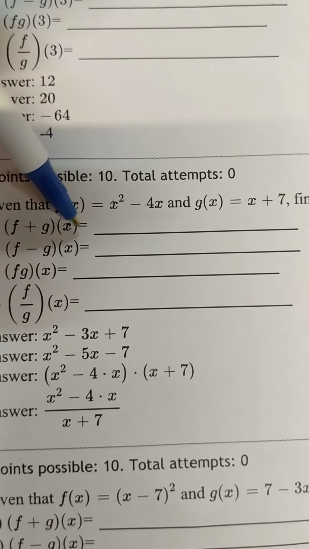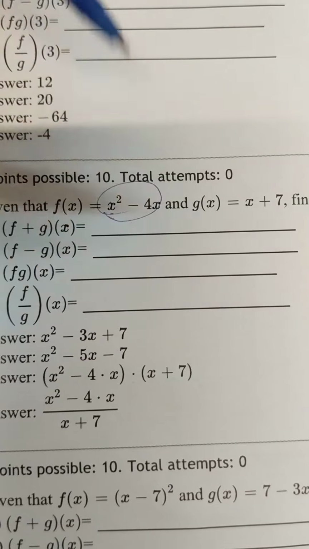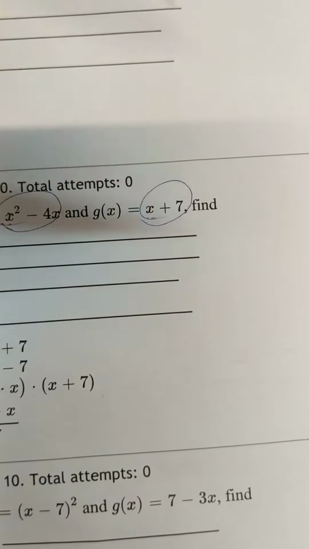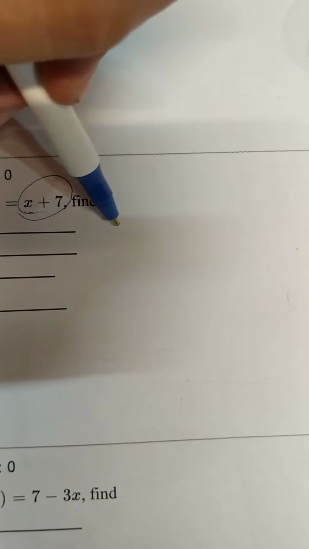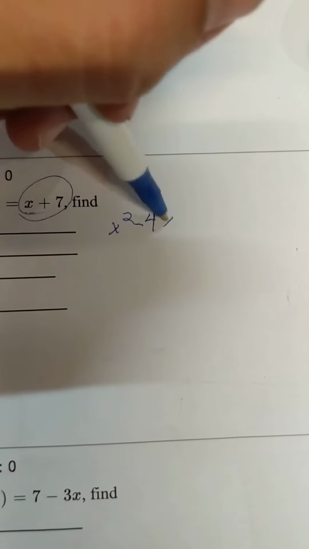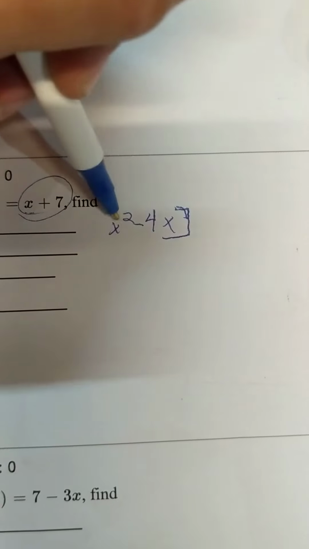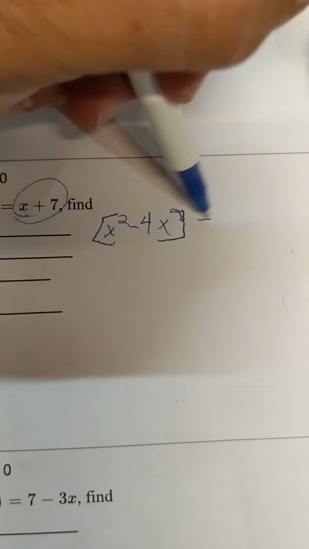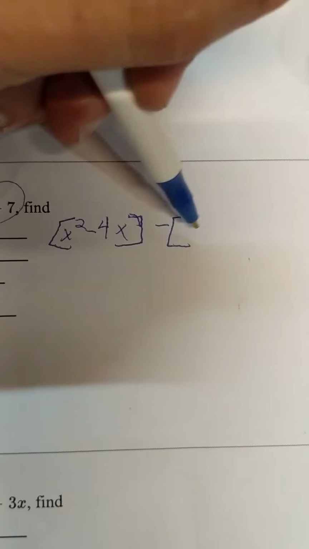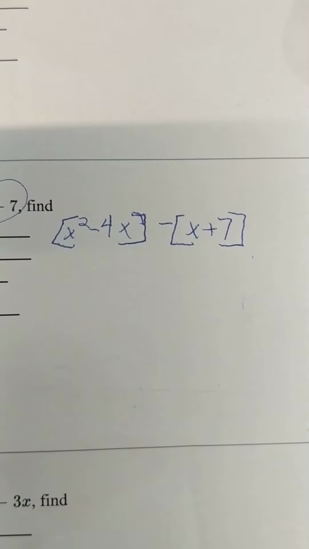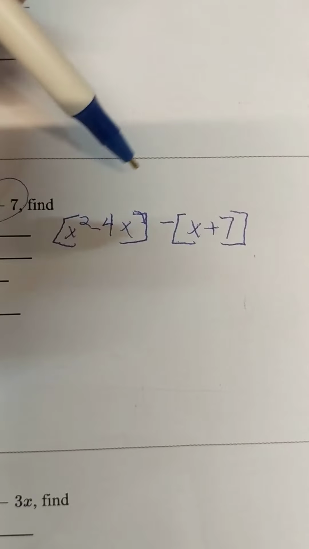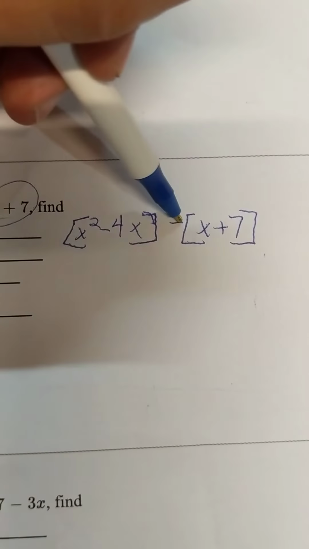So f plus g of x, that's going to be take f of x and then plus it with g of x. And so here we go. F plus g looks like x squared minus 4x, that's the f part, minus x plus 7, that's the g part. And we'll just minus them, watching our signs together. The only thing I would watch out for is, of course, that minus